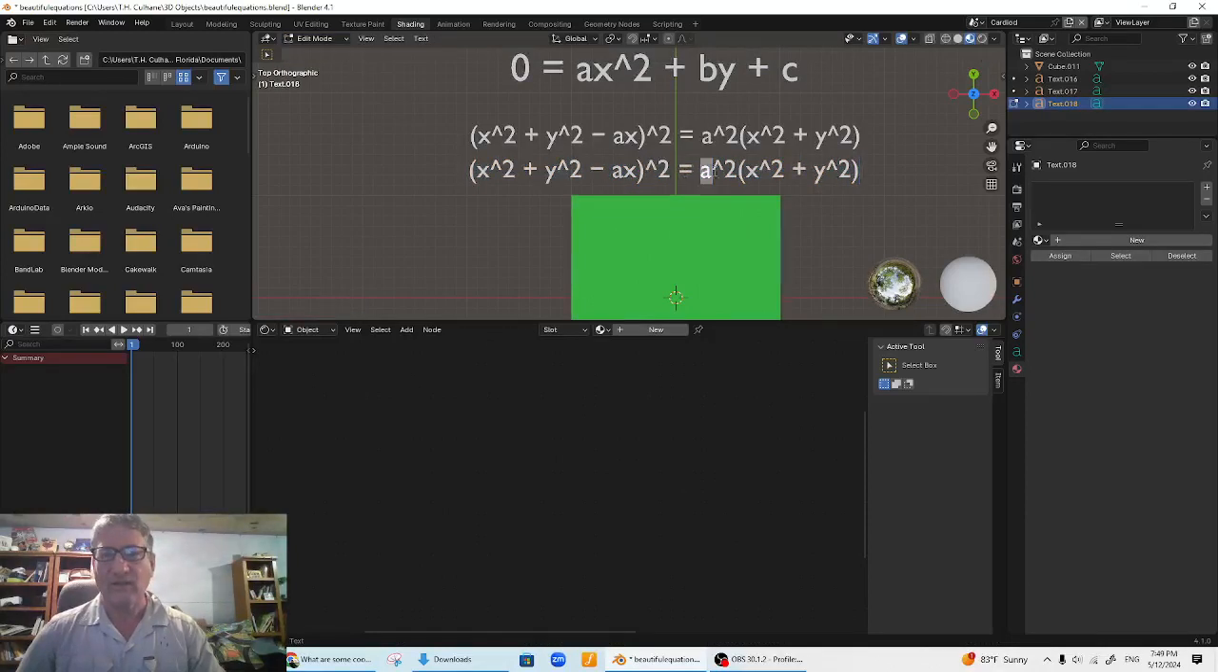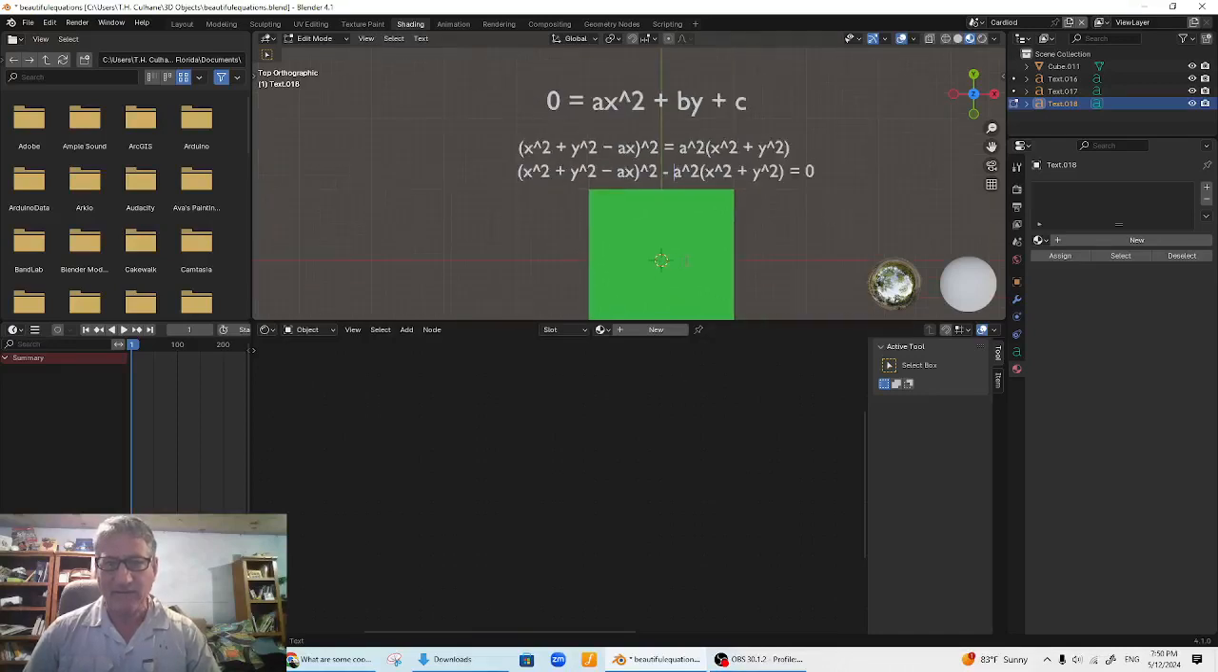And I've got to move all of this and subtract it over there, and then say equals 0. So, right, if I subtract that from both sides, since that's multiplied, that should work. And then that means that when I get to my